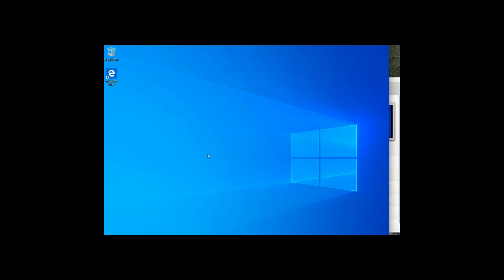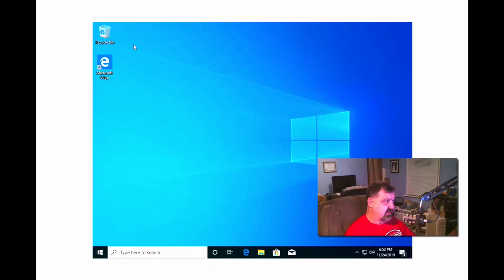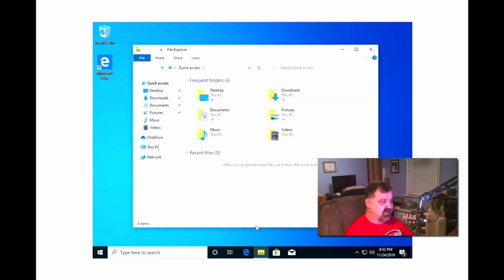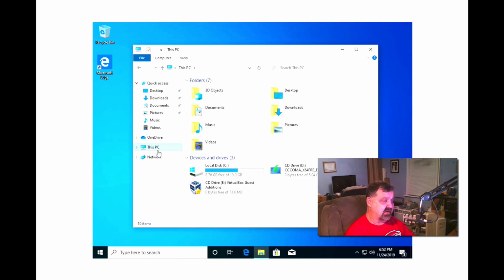But so what I would do then, if you're using VirtualBox, now that we got the Windows configured and it's installed as a VirtualBox virtual machine, let's go ahead and finish up a little bit of the post configuration you'll have to do. If you go to VirtualBox under Devices, where it says Install Guest Additions CD. Now I did this earlier, and it's probably still loaded on here. Let's check this out. Yeah, it is. So what I'm going to do is disconnect this for a second. I'm just going to eject it,